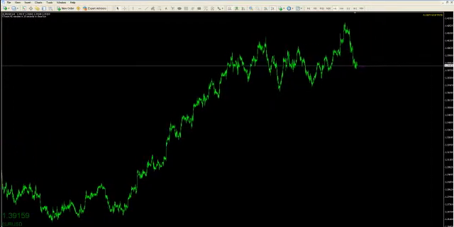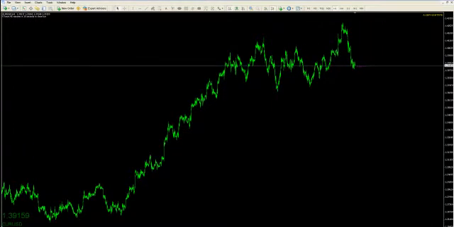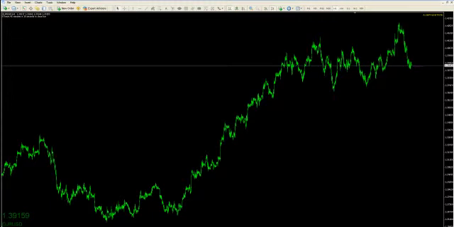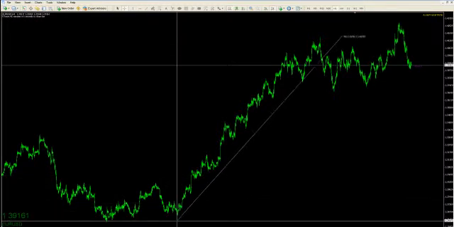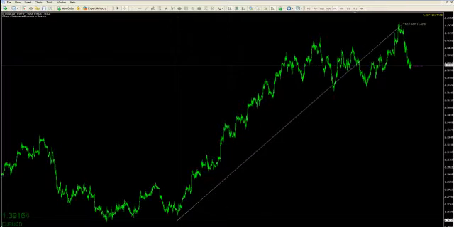Switching to the 1 hour, you see that there's a huge run up the last few weeks since the beginning of September, when everybody came back to the market from vacation. A run up to the top of about 1,680 pips, as you can see there,